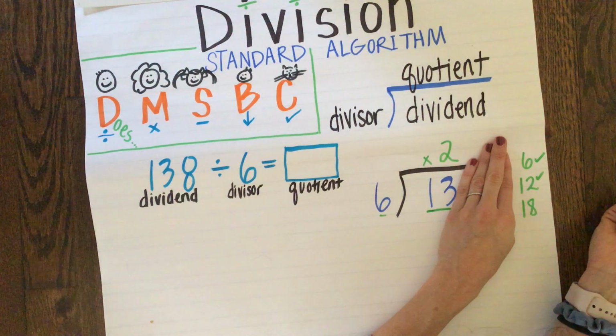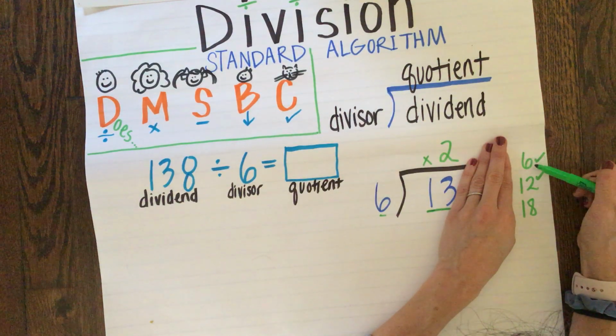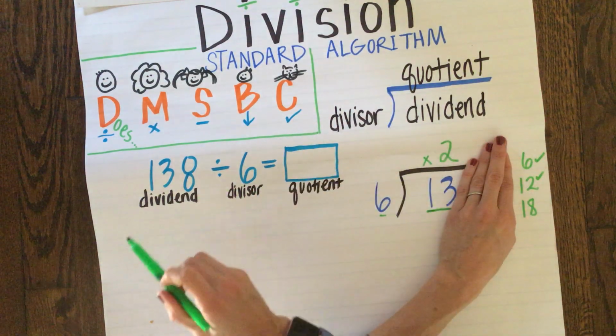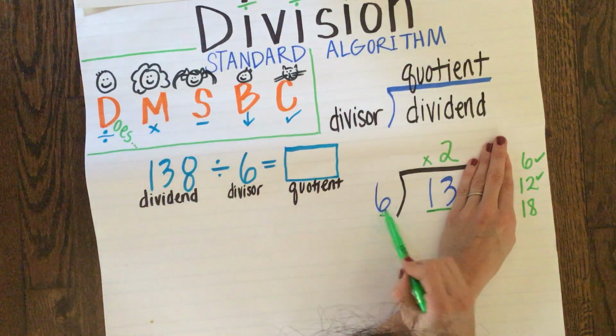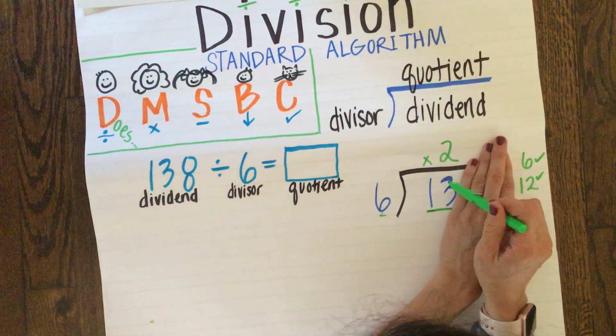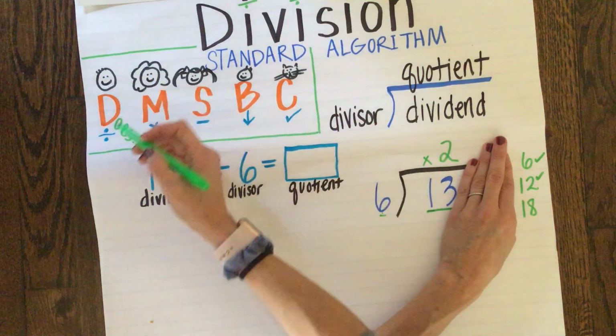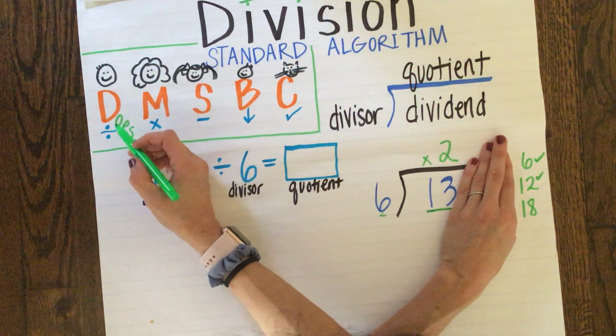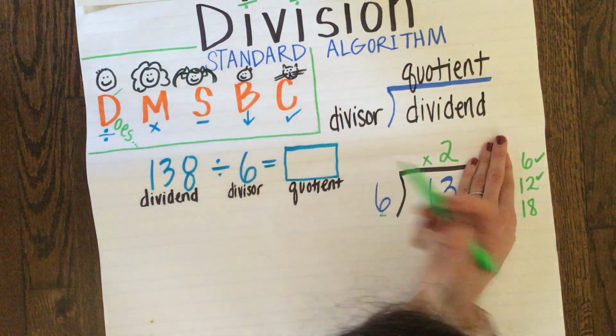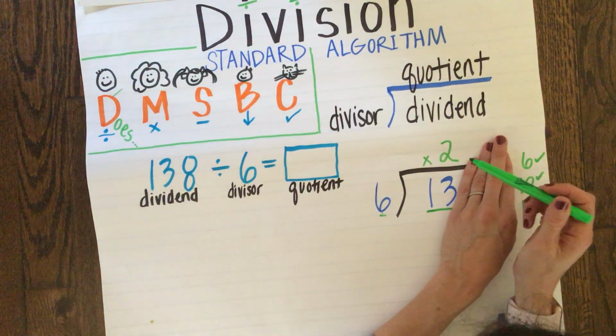We'll write that 2 there to show that 6 goes in 2 times. Really, 13 divided by 6 is 2. That's the first step, and you can use this as a checklist if you want. Okay, next step,